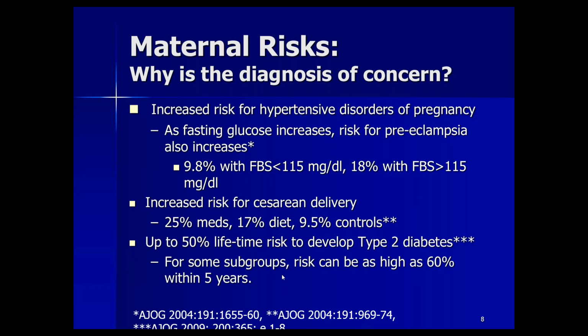And for some subgroups, the risk can be as high as 60%, and the time period to development of type 2 diabetes can be as short as 5 years. So this would be a subgroup that we would want to identify and really put a lot of public health